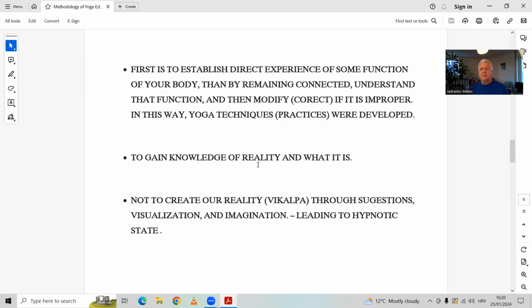This is what Patanjali speaks about as vikalpa, imaginations, visualization or imagination, or using suggestions, and creating the condition of self-hypnosis and leading you to the hypnotic state. So this is not the practice of yoga. It's not related to the practice of yoga. So in the proper practice of yoga, there is no visualization, there is no imagination, and no suggestions, because this is leading to the